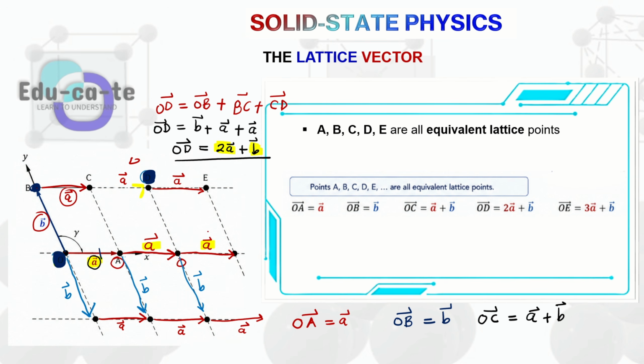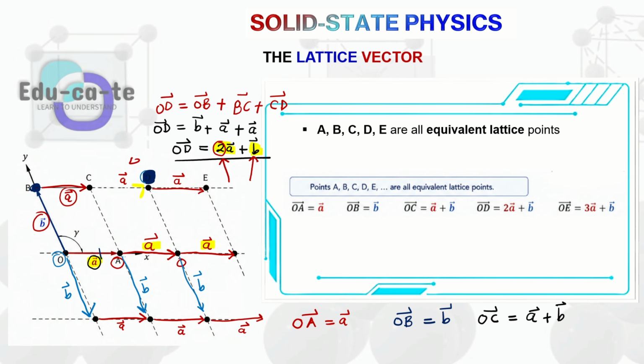So we keep on having that repetitive pattern. These scalars here, for example, in this particular vector, the scalar for A is 2, and the scalar for B, or the coefficient, is 1. These coefficients are the ones that help us locate where exactly the point is that we are going to from the reference point. The reference point is simply the point where you start looking for your lattice.